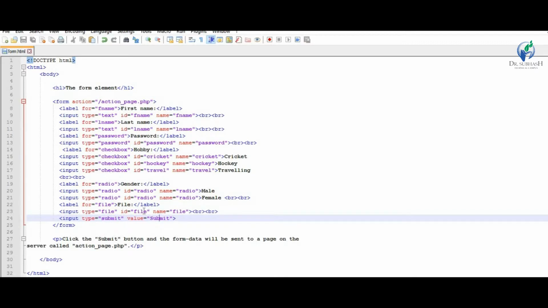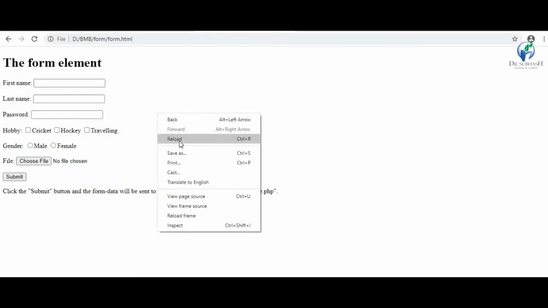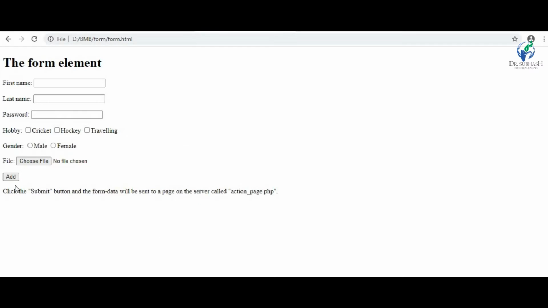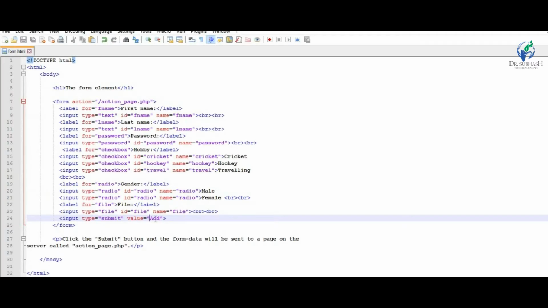Input type equal to submit, value equal to submit. If I change the value here to add, then reload, the name of the button is add. So value equal to submit.